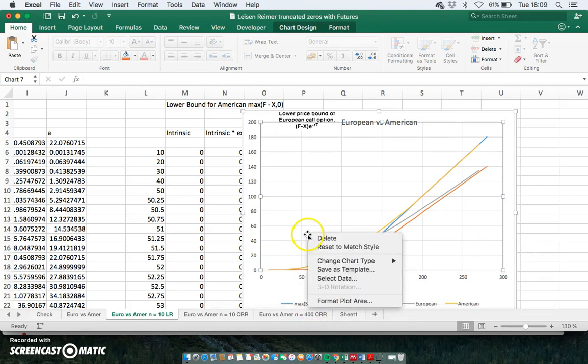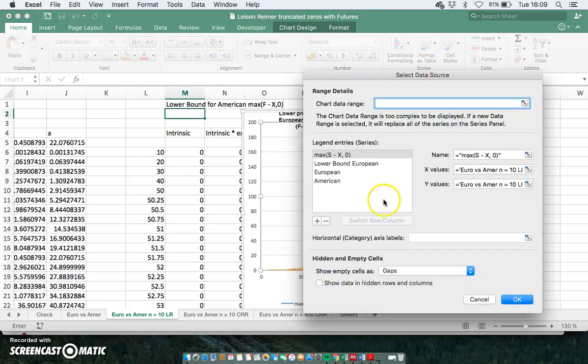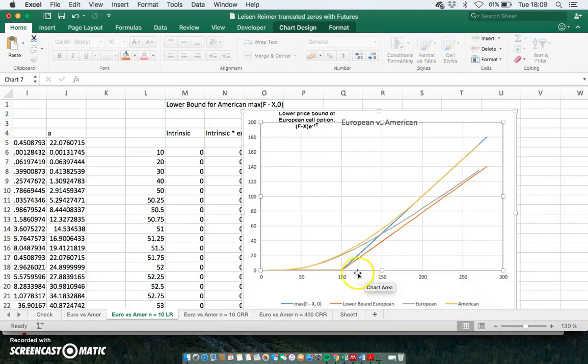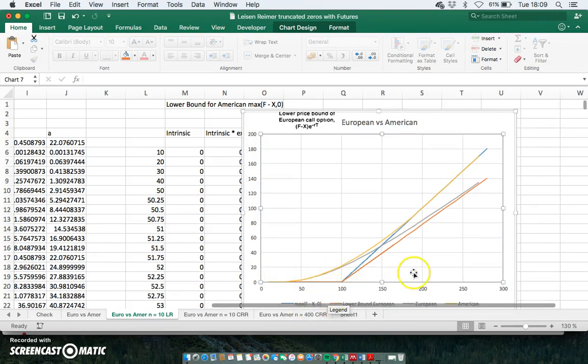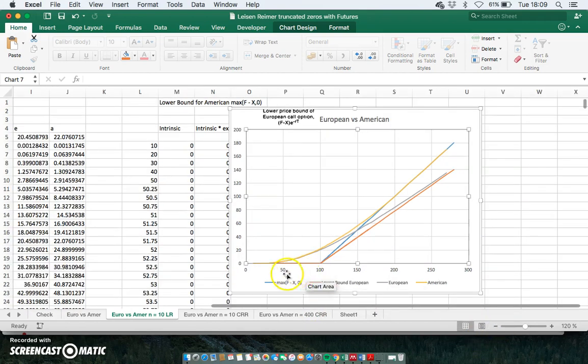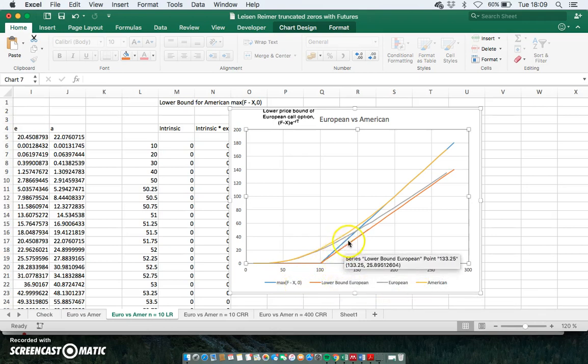So I'll right click, select data, and we'll just change from S to F. And we run it, and we can bring that down again. The maximum, the blue here, is denoted by F minus X, or 0, and the lower bound for the European option is the orange configuration here, and that's given by the maximum of F minus